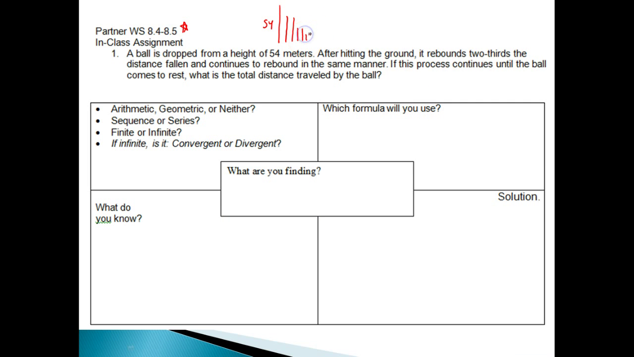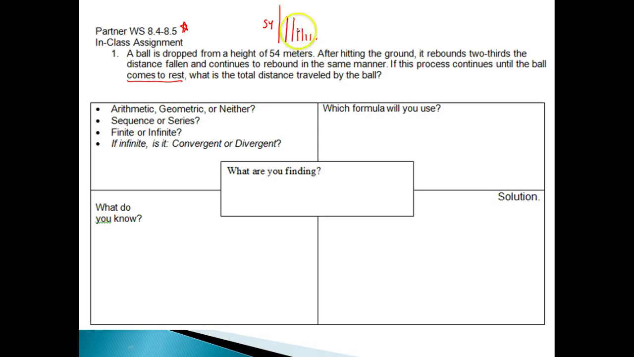So this is going to continue on. 2/3 up, 2/3 down, 2/3 up, 2/3 down. This is going to continue on until it comes to rest. This means this is going to happen forever. Now, forever is kind of dramatic considering that it's going to come to rest, but it's going to keep bouncing